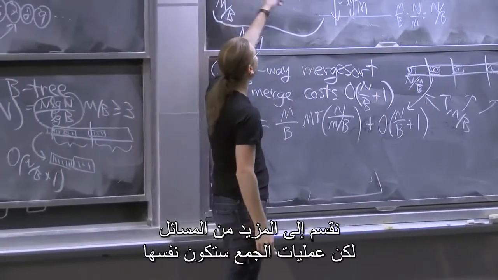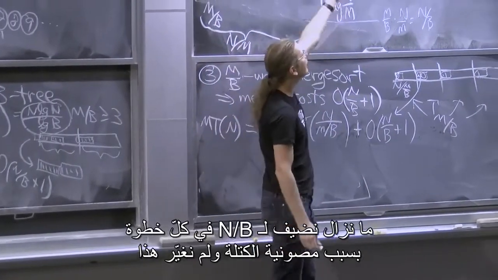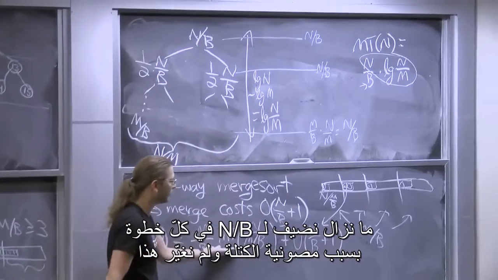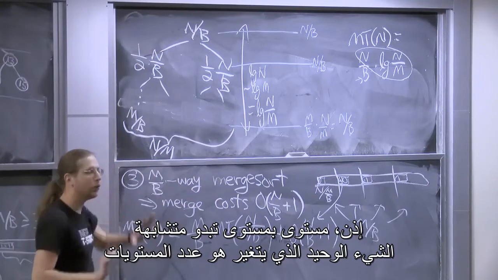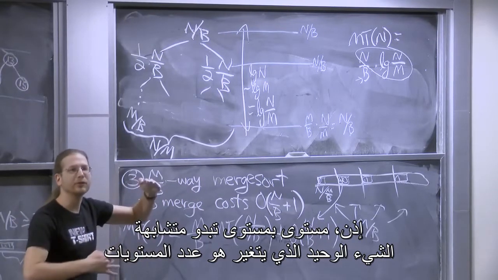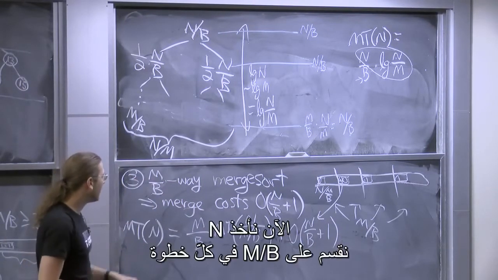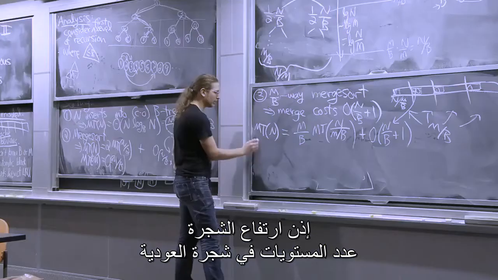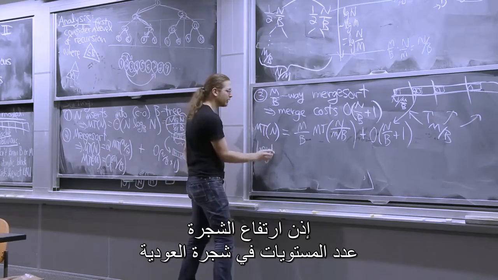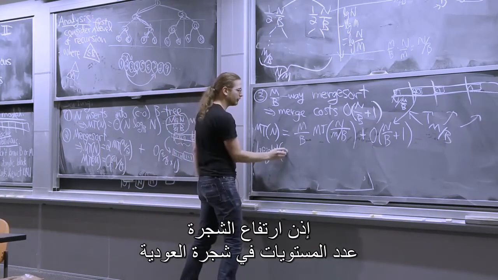We're just splitting into more problems, but the sums are going to be the same. It's still going to add up to n over b at each step because of conservation of mass, and we didn't change this. So level by level, it looks the same. The only thing that changes is the number of levels. Now we're taking n and dividing by m over b in each step. So the height of the recursion tree